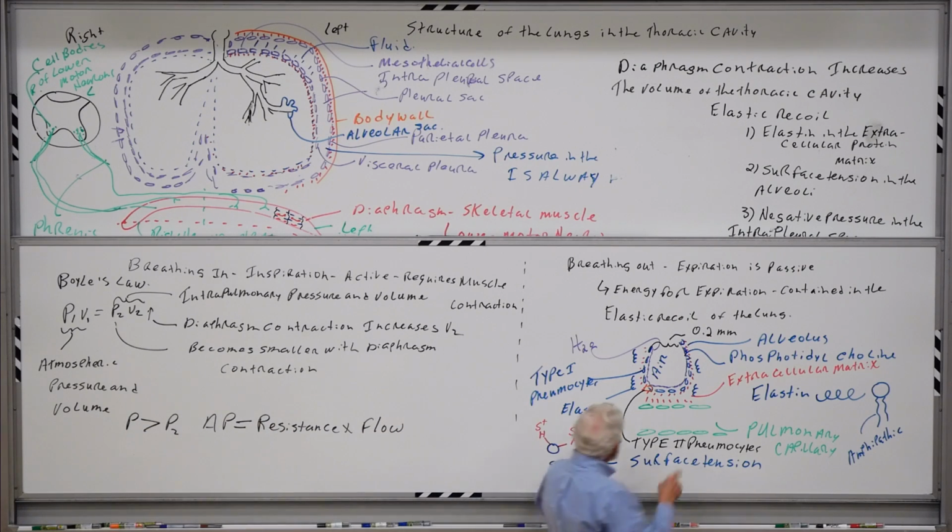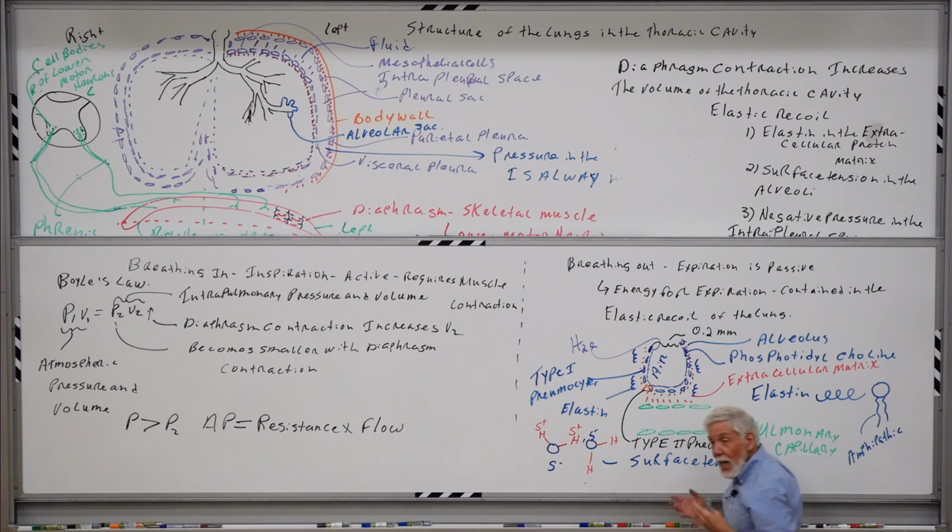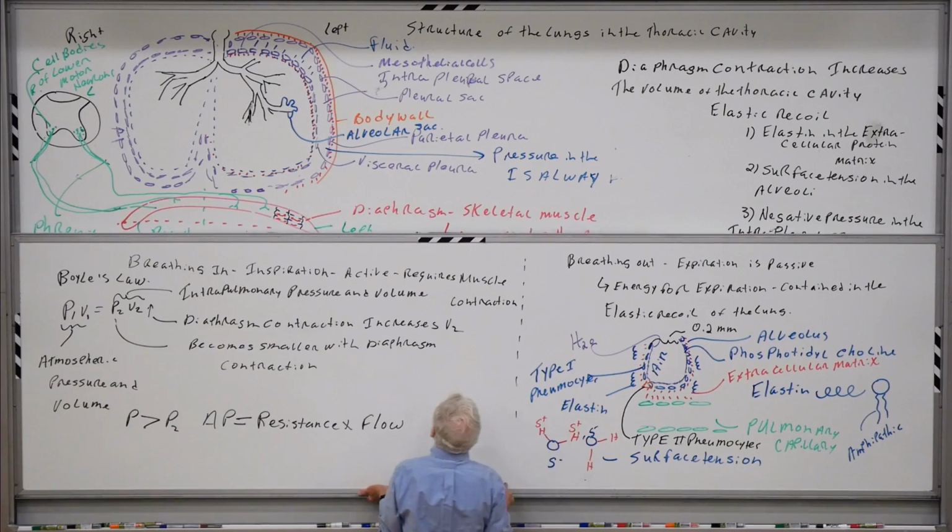So we have phosphatidylcholine. The phosphatidylcholine is in here breaking up the surface tension, making it less. So why is that important? Well, it's important because when the